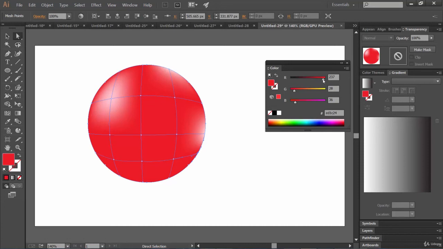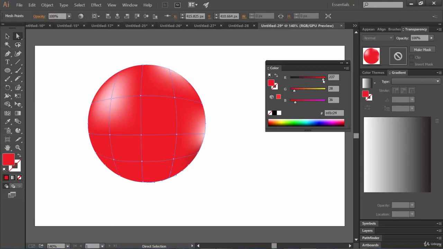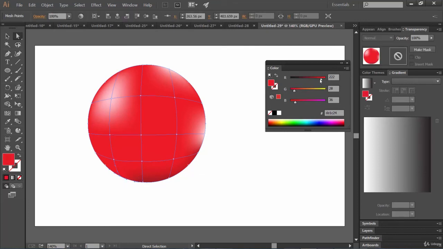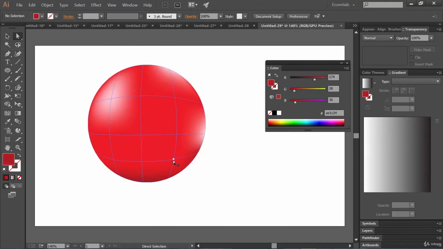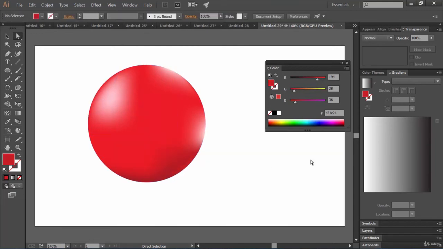Let's make it darker, just like this. Select this anchor point. Make it more darker. Select this one, more darker. Select this anchor point. Yeah, just like this. There you go.